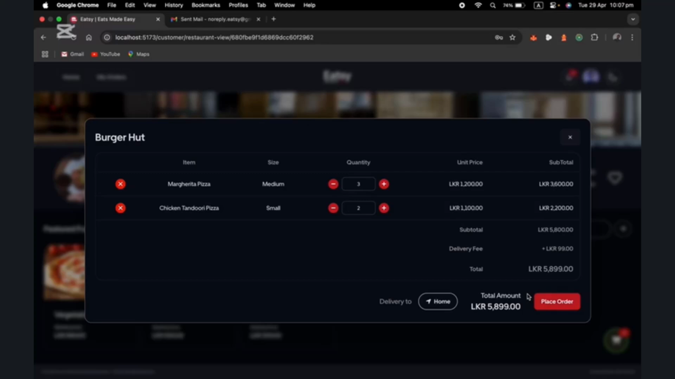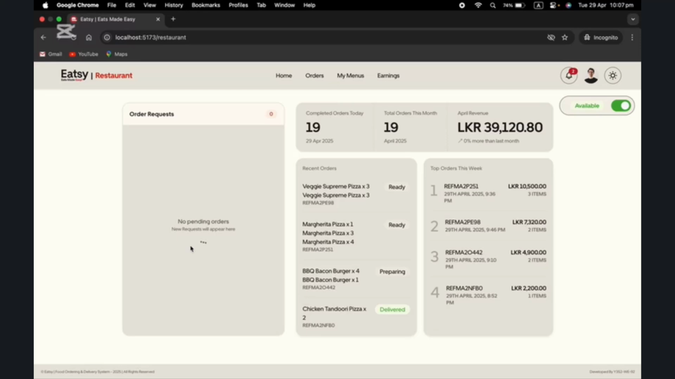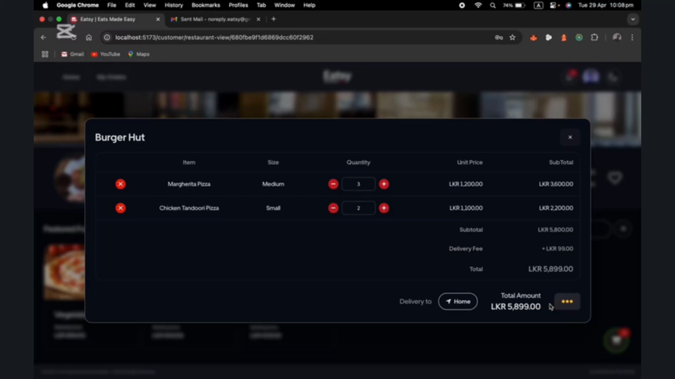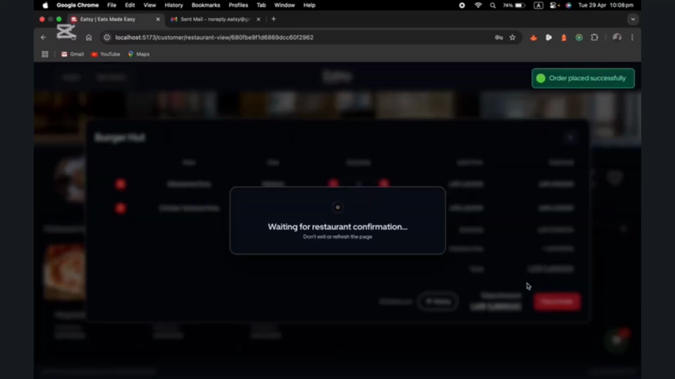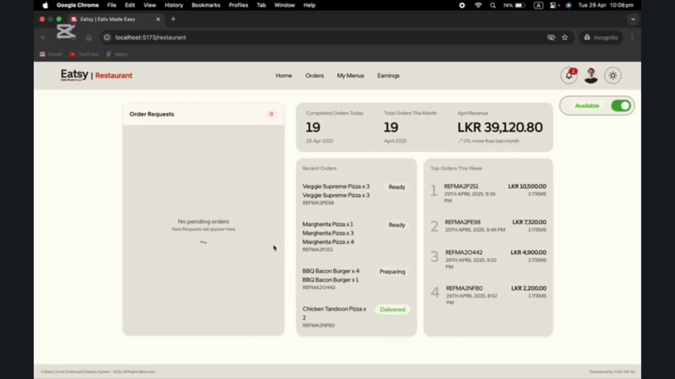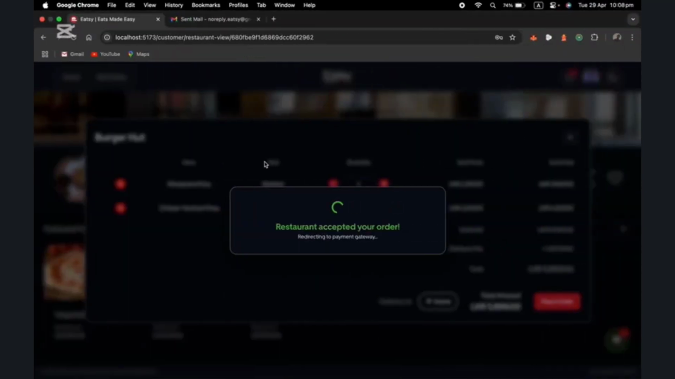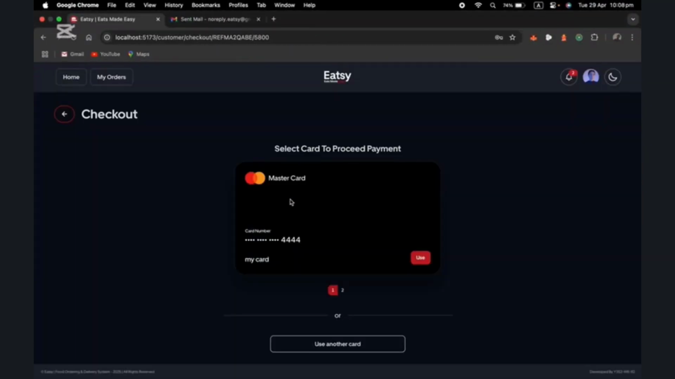So as we can see here, the restaurant dashboard requests are empty now. Once a customer places an order, that request will be shown in the relevant restaurant owner's dashboard. He can accept or reject this order request according to his preference. Let's accept this order. So as you can see here, it updates real time, and then the customer will be